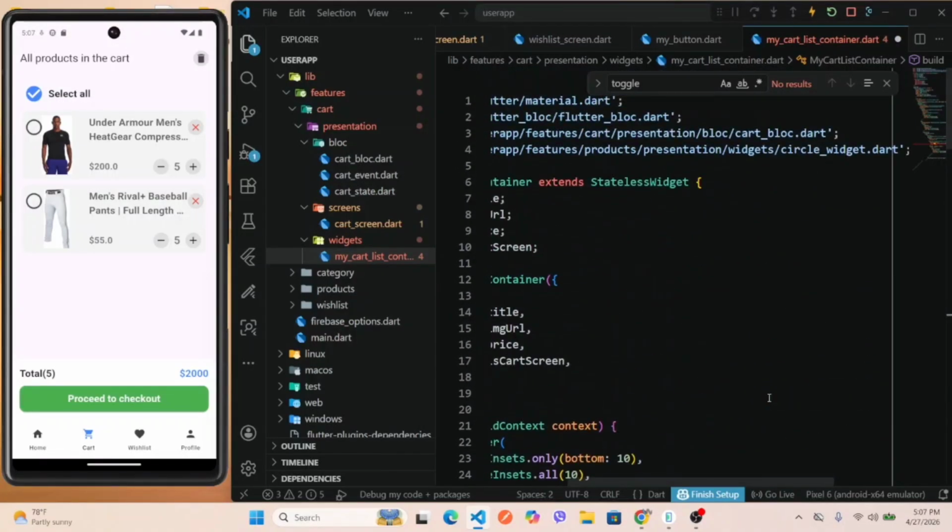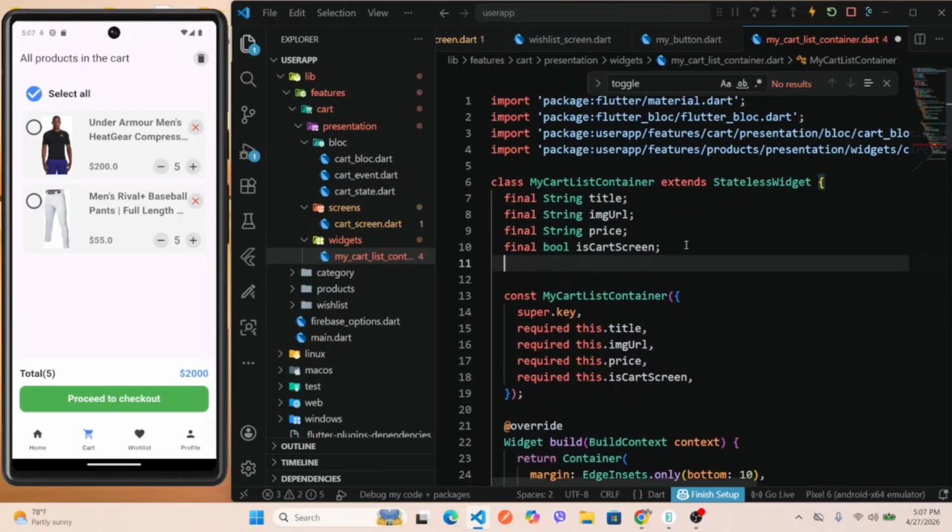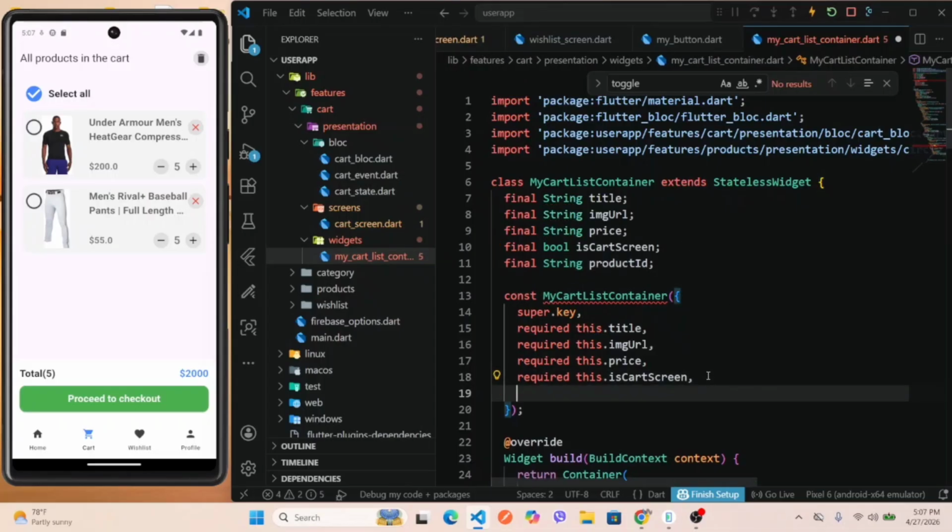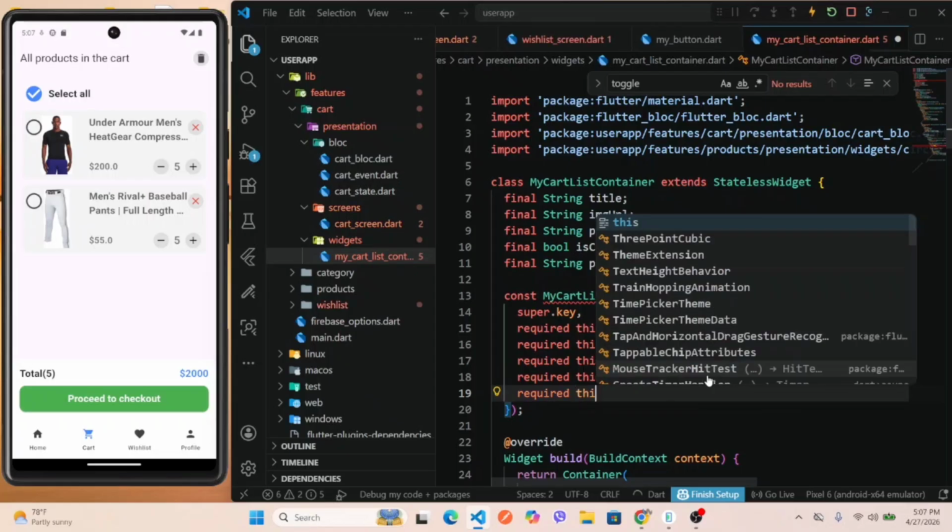Okay, come on top here. Let's get the product id. Final, define the product id here. Require it to the constructor,